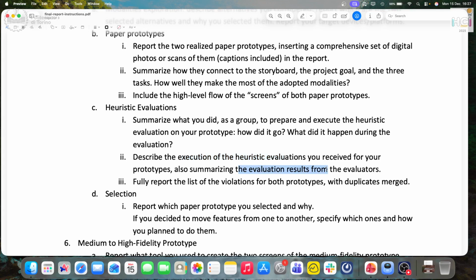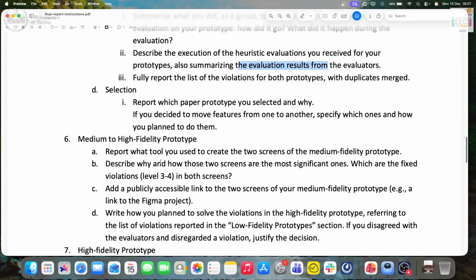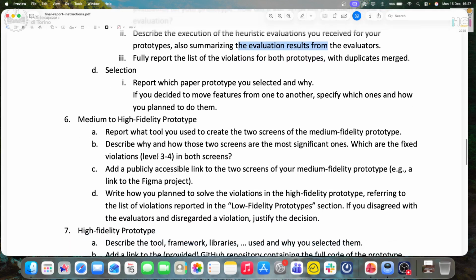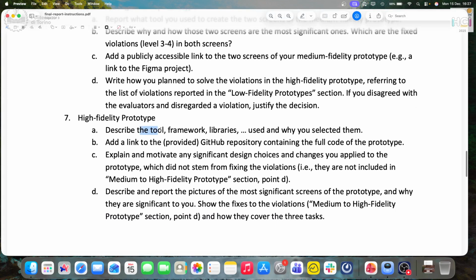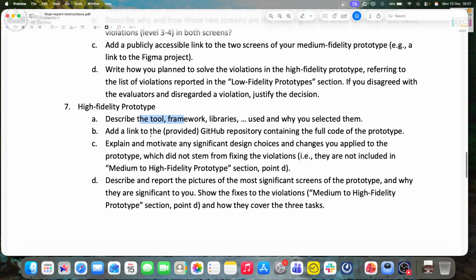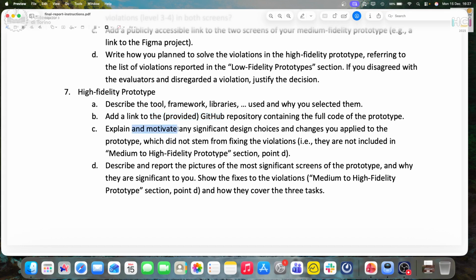This is instead things you received from the evaluator. And then selection, etc. Medium to high fidelity prototype, which tool you used, and the screens, and so on. And high fidelity prototype, describe the tool, primary libraries, whatever used to create it, a link to the GitHub repository that was provided, explanation and motivation for design choices, changes you apply to the prototype, which did not stem from fixing the evaluation. So if you did some changes, and some of you did,